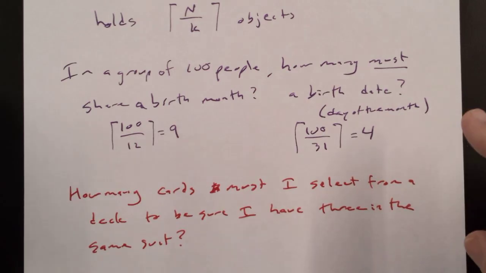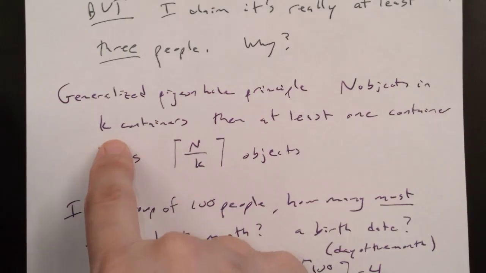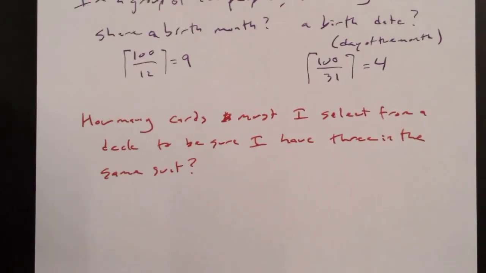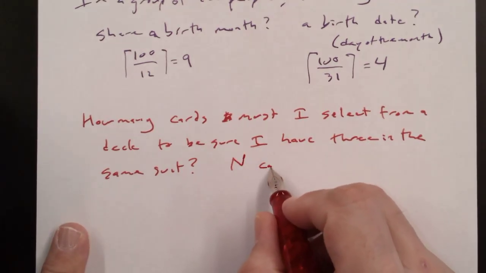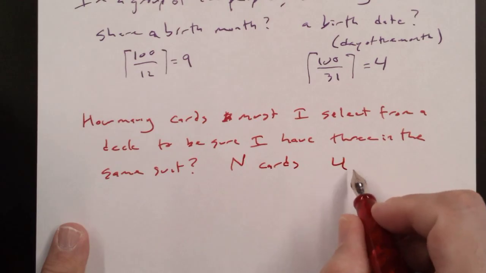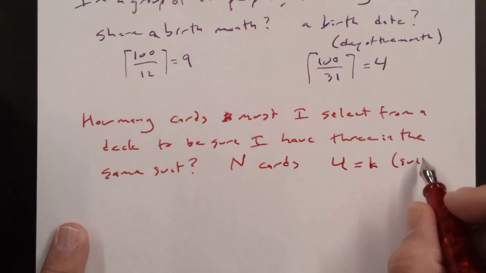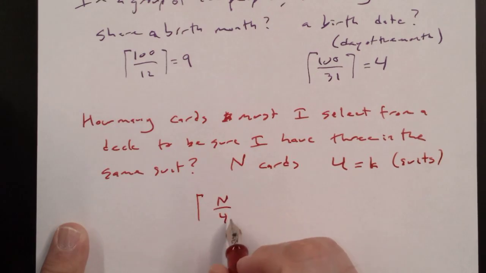I want to know how many objects I need. I know the number of containers, and I know the number of things I want to match my container. So really, if I say that the number of cards is n, and I have 4 containers, the suits, then what I want is n over 4